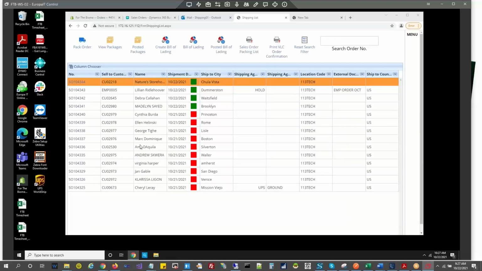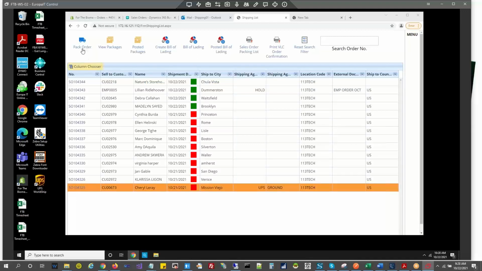This is the list where we can see all the orders that are released, and we can process them here if we have the shipping agent code. Okay. For now I am taking this order. After selecting this order, we need to choose pack order.